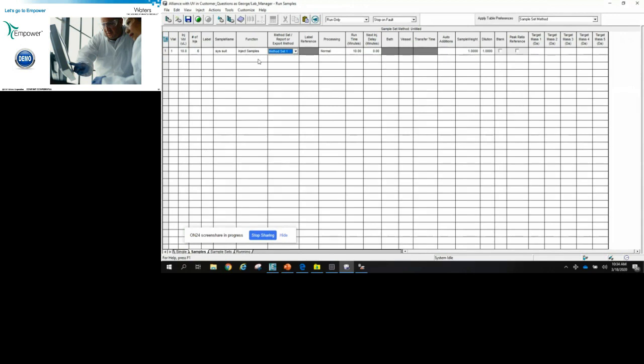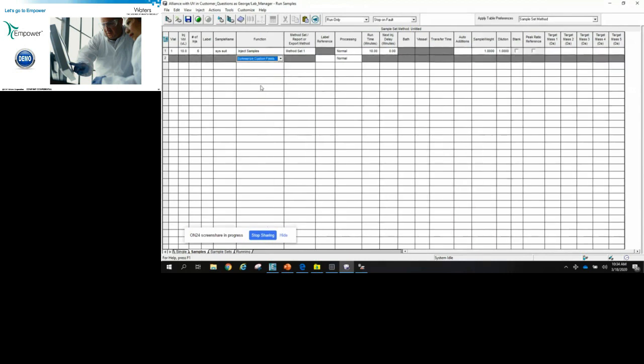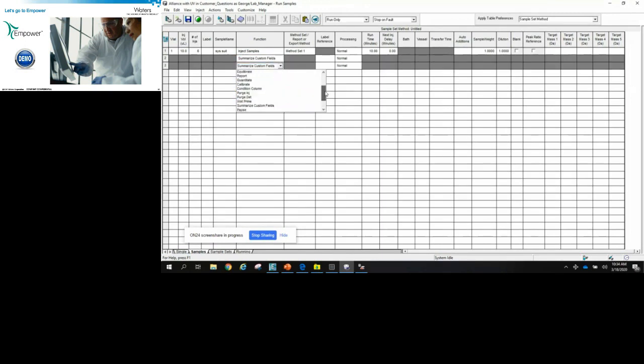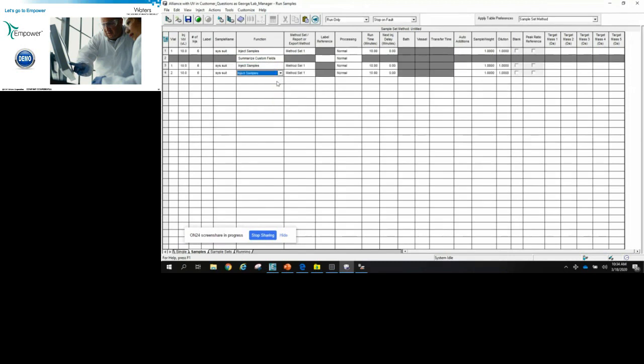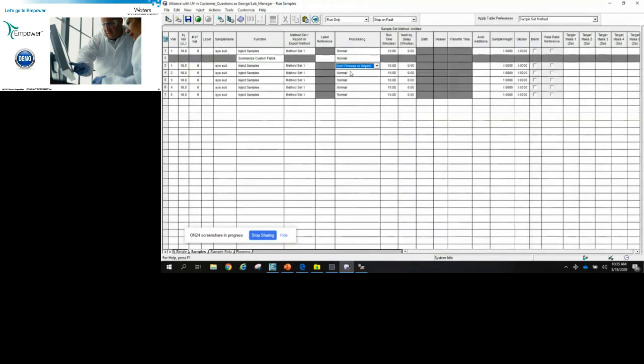I'm going to make the next line summarize custom field, because let's say that I did have that %RSD on the area from the 6 replicate injections. And then after that, now I have all of my standards and samples. Okay? So we've got a bunch of samples like this. I'm going to set this to don't process or report.